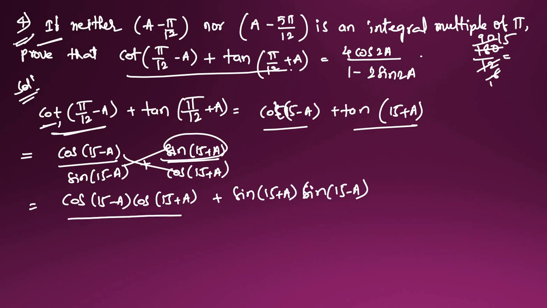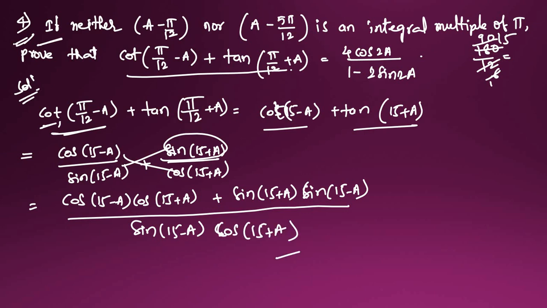This total will come divided by this multiplication, sin of (15 minus a) into cos of (15 minus 15 plus a) will come here. So this total thing will come here. Here the numerator will be cos a cos b plus sin a sin b, and we can write this as